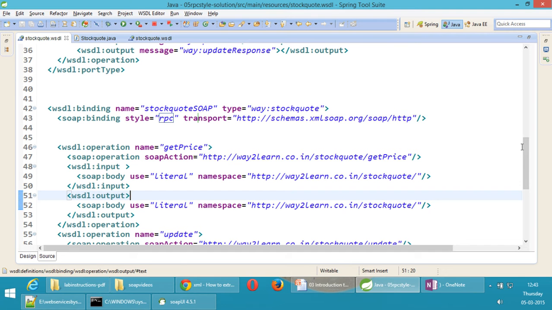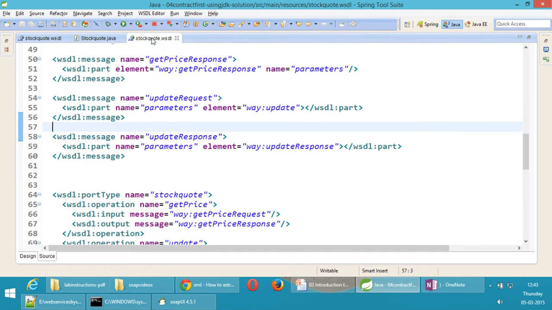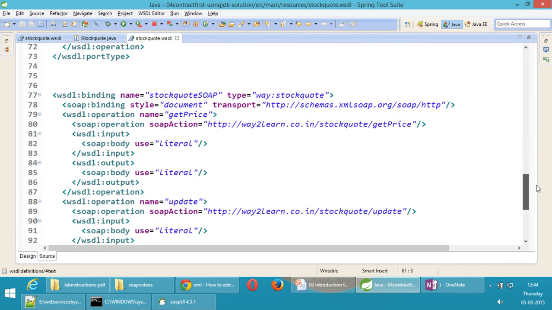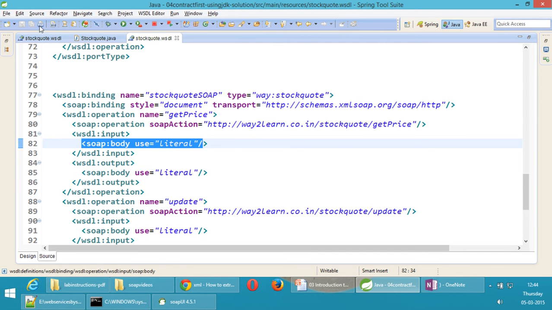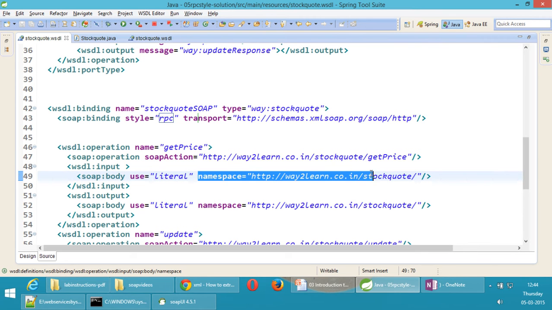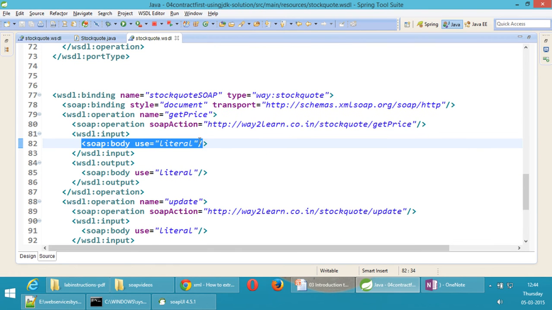Then one more thing. When it is document style, if you go back to the other WSDL where I am doing document style, in operation I am saying soap body use equals literal. What about here? In RPC style I am specifying soap body use equals literal, and I am specifying that the soap body belongs to this namespace. But whereas in document style, am I giving the namespace?